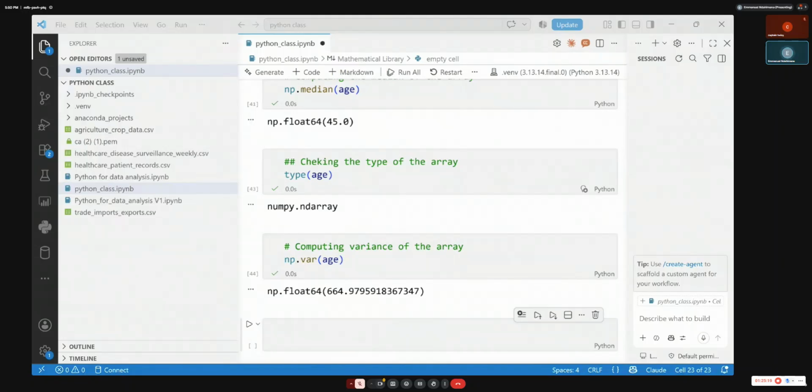Normally you divide by the number of those values. So this is the simple function of variance.